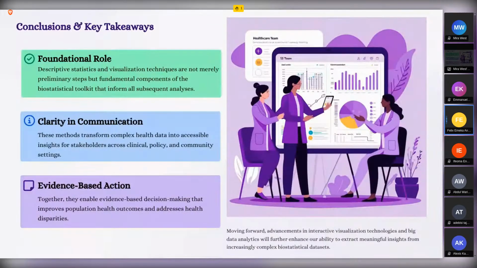So what are the takeaways for you? Descriptive statistics and visualization techniques are foundation. These are more like the first stages of your data analysis that can help you see patterns. Then you can know how to proceed if you want to do inferential statistics. You can't begin to do associations without doing descriptive statistics first, to actually at least see the pattern of what you're